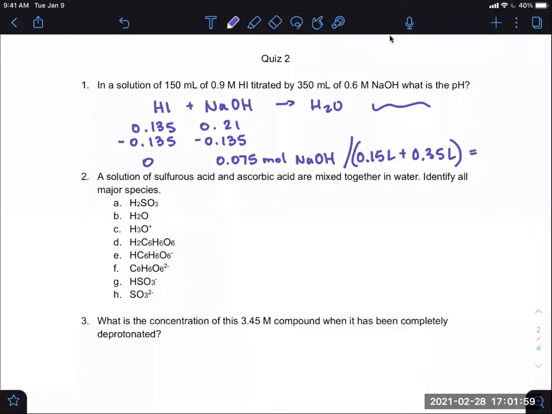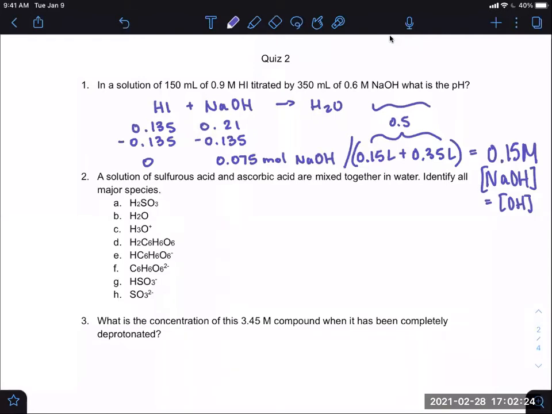This whole thing is just going to be 0.5. And when we divide it all up, the answer will be 0.15 molar. Okay, this is molar of NaOH, which is equivalent to the concentration of OH because it dissociates completely